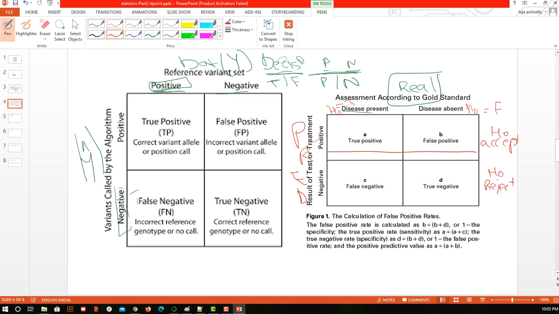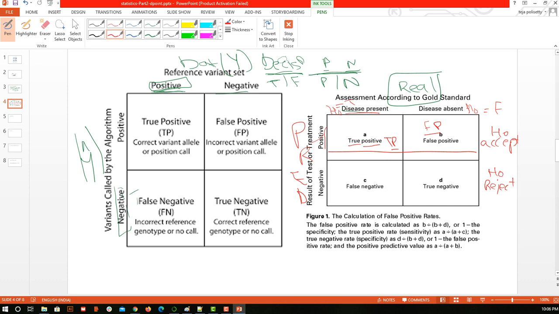If this terminology is not fine, let's take an example and then we'll try to understand. Here we are saying disease is present is the literal thing. This is the reality that COVID is present, and we also predicted that COVID is present. So in that case, our decision was true, and the decision that we took is positive. So this is called true positive. Now next, our patient doesn't have COVID. The disease is absent, but we predicted that the disease is present. So the decision that we took was false, and we took that it is positive. False positive, true positive. I hope you are getting what that meant.